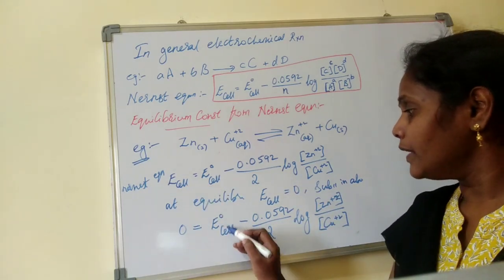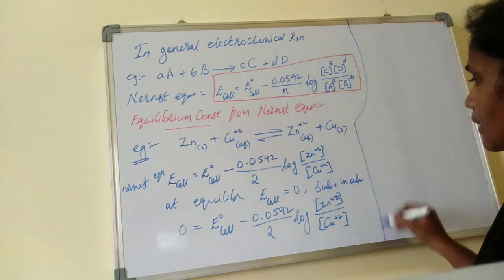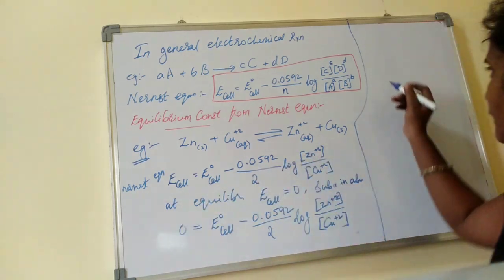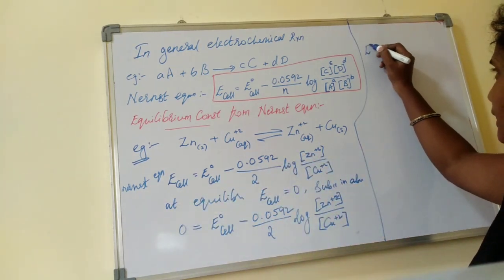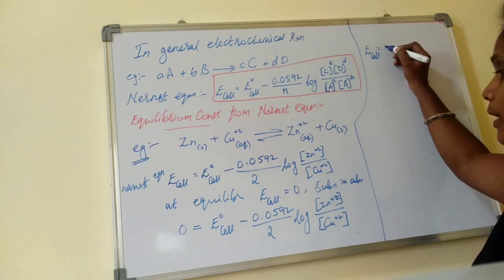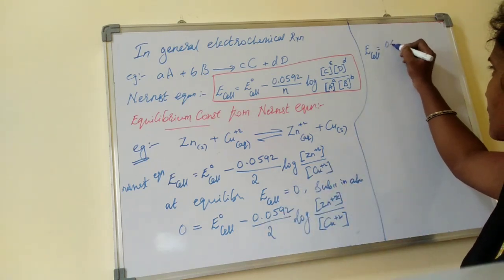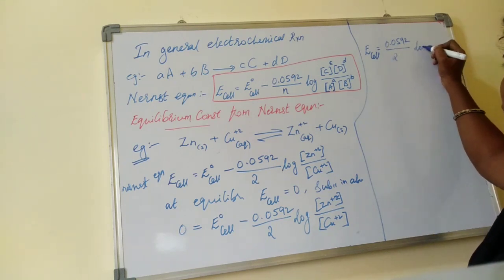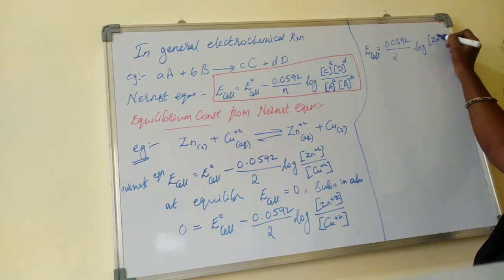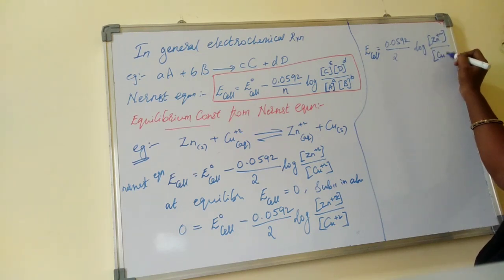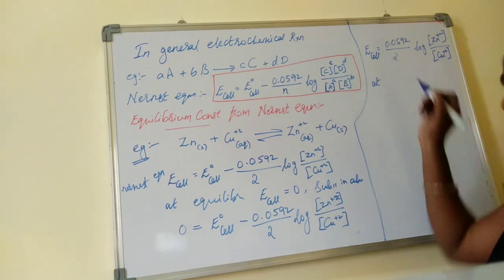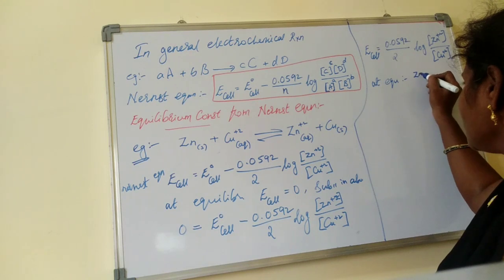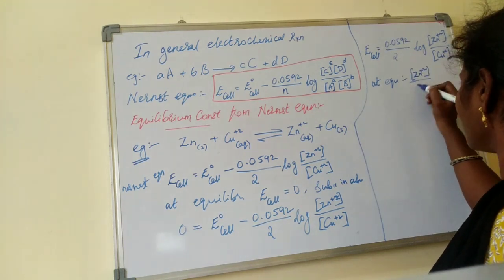Then this is gone. Then what would be my E cell? Here, keep your E cell itself, bring all this term this side, it will become plus. Then E cell is equals to plus 0.0592 by 2 log zinc plus 2 by copper plus 2. But I know that at equilibrium, the concentration of the products and the concentration of